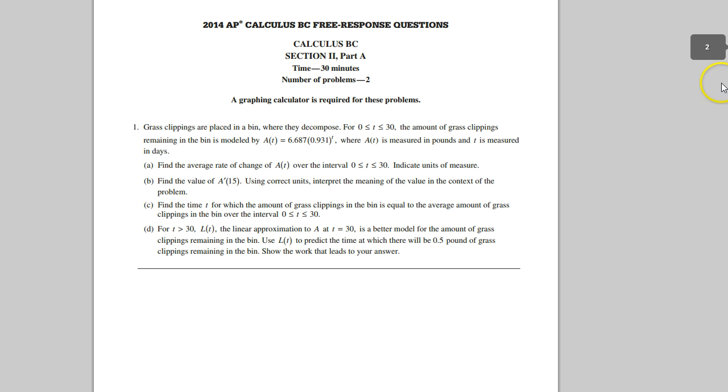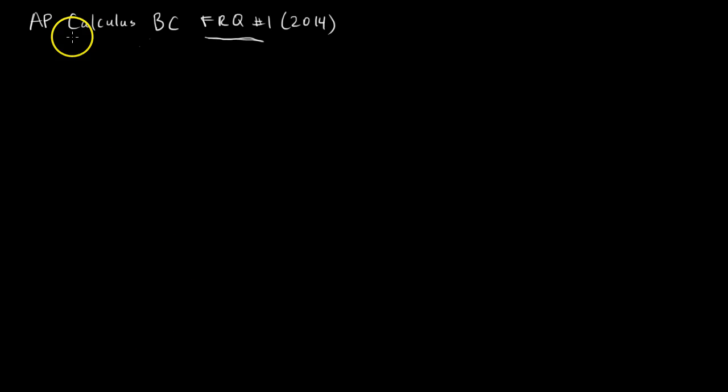Alright. Grass clippings are placed in a bin where they decompose. So that means they're getting fewer and fewer every day. For 0 < t < 30, the amount of grass clippings remaining in the bin is modeled by A of t equals this exponential. So that's pretty important, so let's just write that down. So A of t, which is the amount of grass clippings for a given time, t, which is in days, is given by